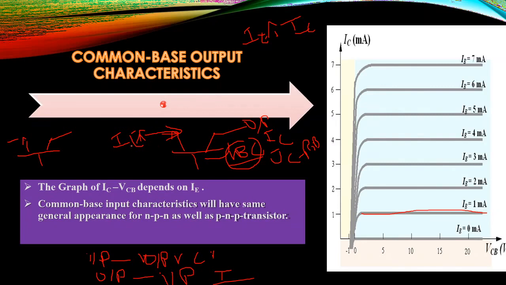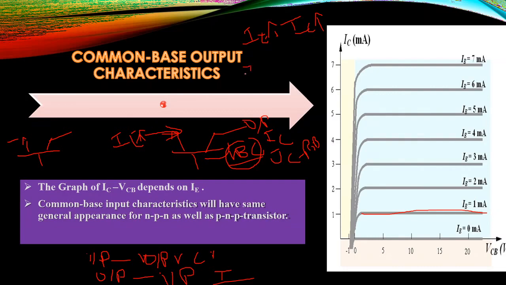And whenever the IE current is increased, the input is increasing. If I am giving 200 electrons at the emitter terminal, I am going to get at least 180 electrons. If I give 300 electrons, I may get 250 or 260. Indirectly, the number of electrons is increasing at the input side, and likewise the number of electrons is increasing at the output side, so the current is increasing. Whenever IE increases, IC also increases.